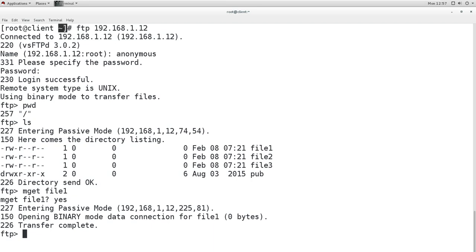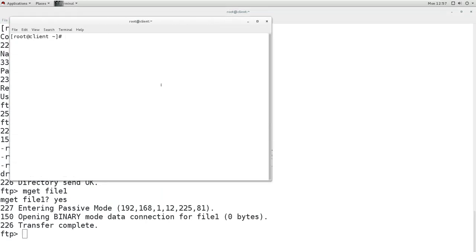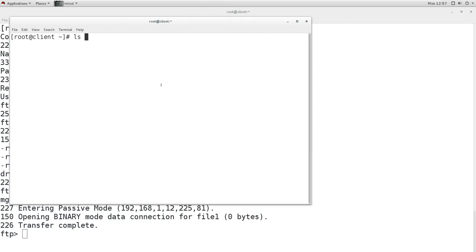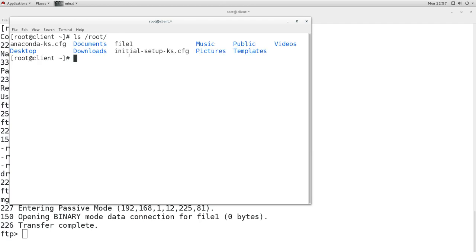So whichever directory you are in when you log into the FTP server, whatever file you download will go to that particular directory. So I was in the root user's home directory, so the file I downloaded will go to that directory. We can check by opening another terminal, and ls root. This is the root user's home directory, and here we have a file. This file I have downloaded from the FTP server.